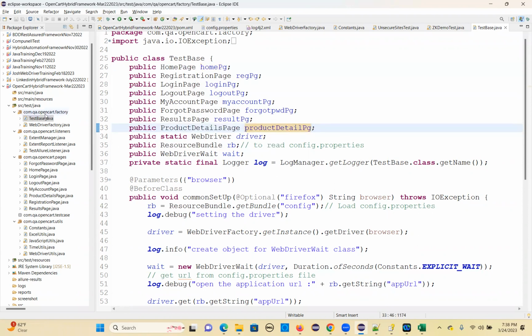So that's all about the first component. All this is the browser initialization, application launching, browser settings. That kind of settings we are doing in the driver factory class. That's the first component. Next class we'll discuss all the